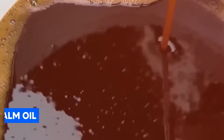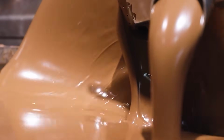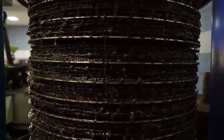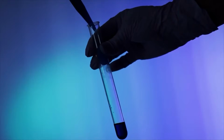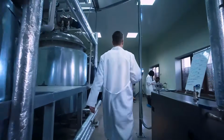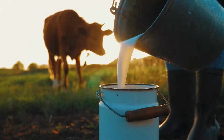blending. Palm oil, which gives Nutella its creamy consistency and prevents separation, is stored in large, temperature-controlled tanks. These tanks are equipped with heating elements to keep the oil in a liquid state, as palm oil tends to solidify at room temperature. The oil is pumped through insulated pipes to the mixing area, where it is carefully measured and added to the blend. The precise control of temperature and flow rate is essential to ensure that the oil integrates smoothly with the other